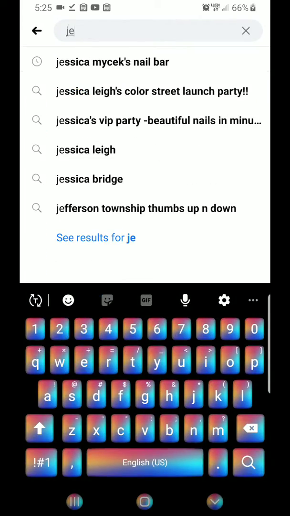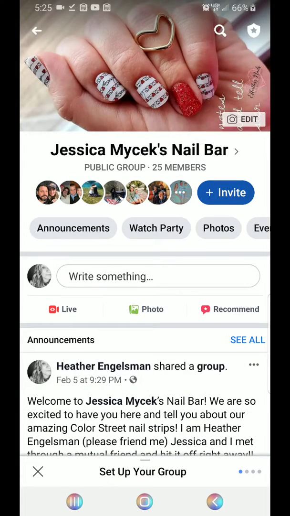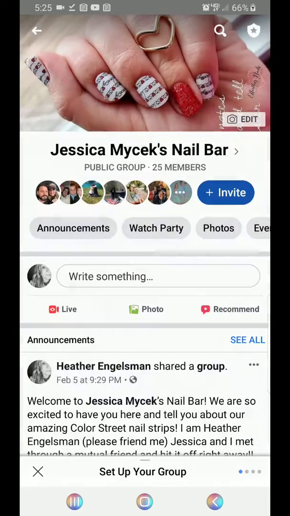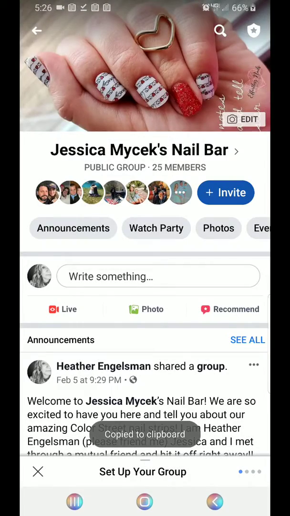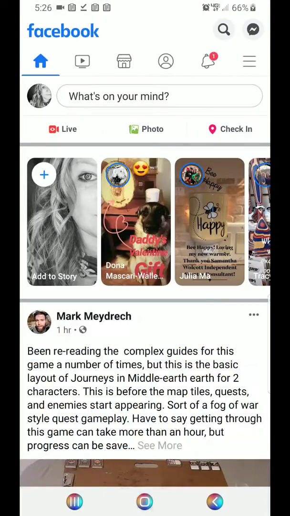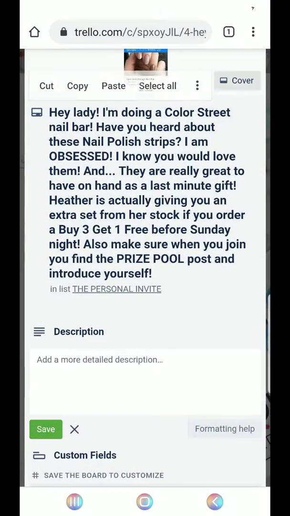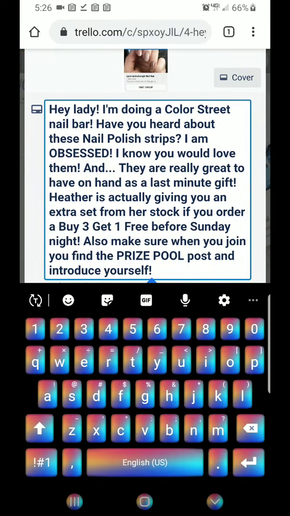I'm going to use this girl's nail bar. You're going to go here to the little shield at the top right corner, and you're going to share, and then you're going to copy to clipboard. And then in that message, you're going to send her that exact thing that you just copied. And then at the bottom of it, you're going to put the link to